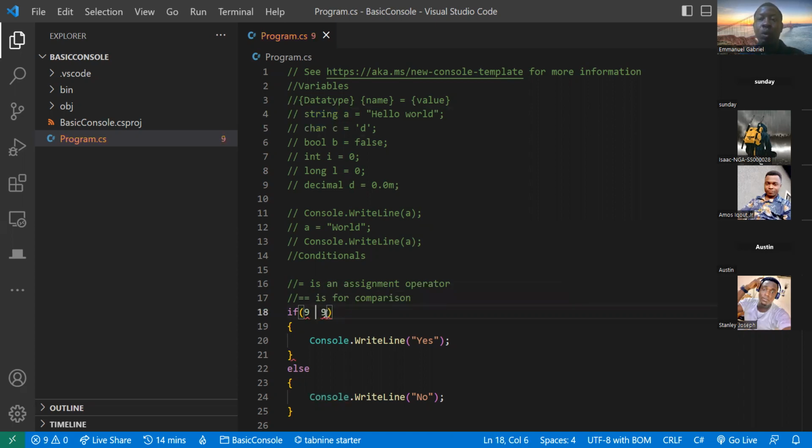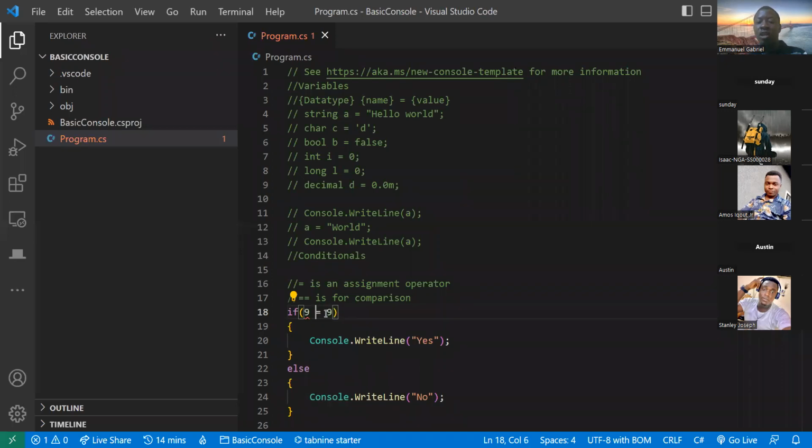It doesn't mean that you have to do two equal signs or two greater than signs when you're doing comparison between two values. No, for greater than or lesser than, you can just do this, except when you're also doing greater than or equal to or lesser than or equal to. And this is how it works. Is it greater than or equal to, you put your greater than sign and then your equal to sign in front of it. Is it lesser than or equal to, you do this. And that is how that works.